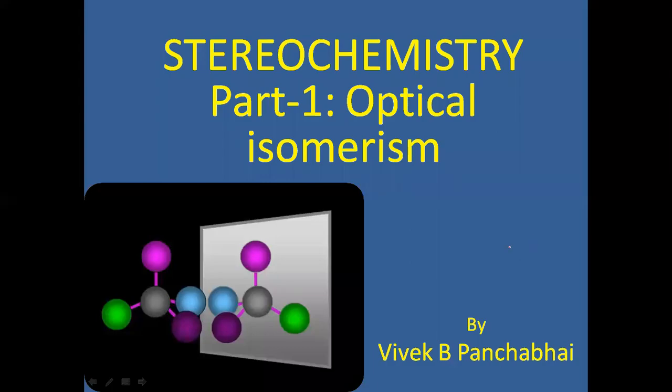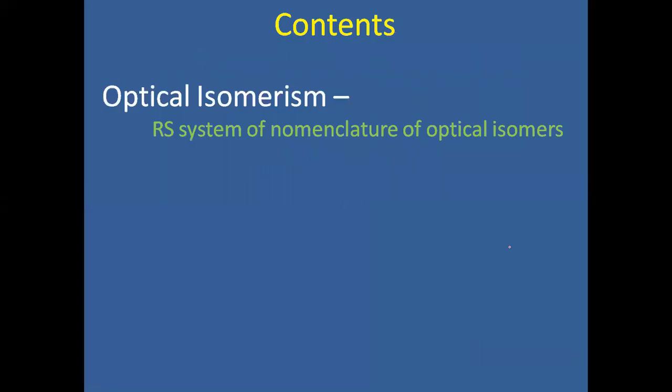Today we have to discuss the nomenclature of enantiomers related to optical isomerism. In today's session, we will discuss the RS system of nomenclature for optical isomers or enantiomers. We will discuss the RS system in detail. There are some rules, the Prelog system rules, implemented for identifying the nomenclature of a given example of optical isomers in the form of R and S.